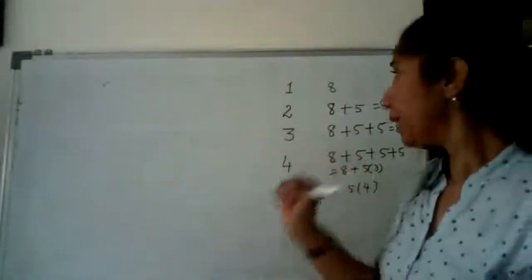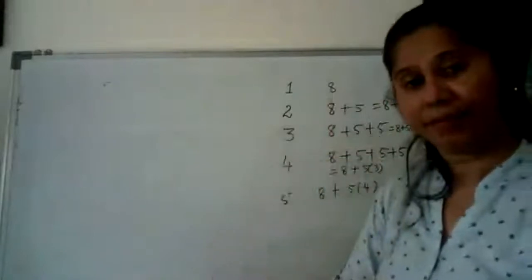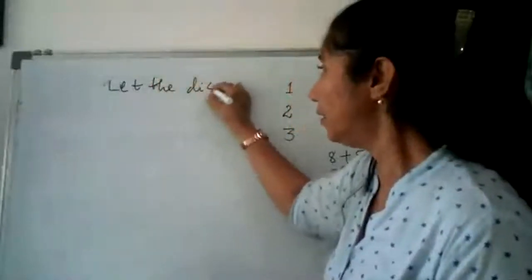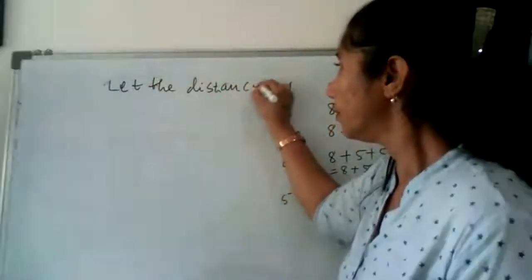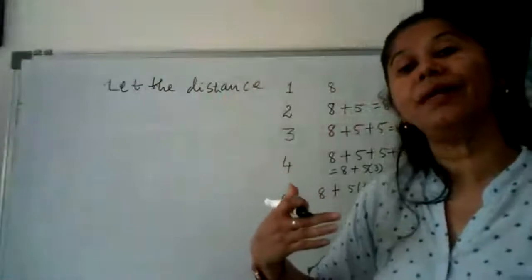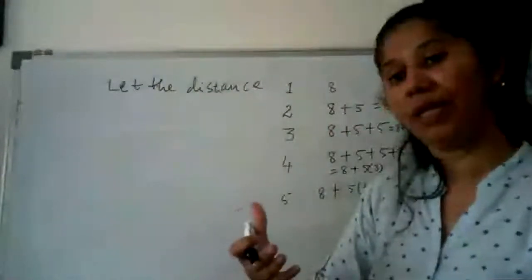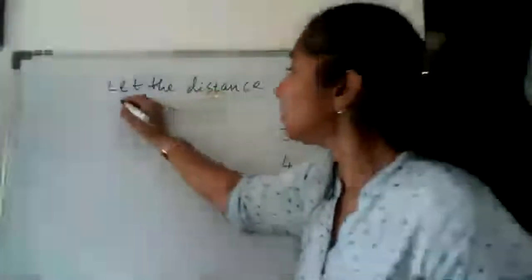What I said. Now, if I take, let the distance covered, because ultimately you want to write in x and y, right? So we want the variables to be defined. Let the distance covered